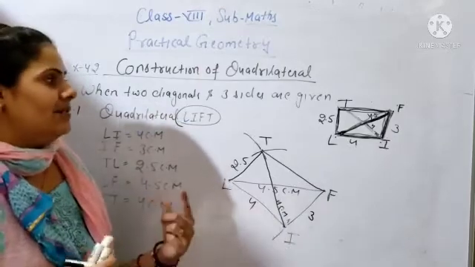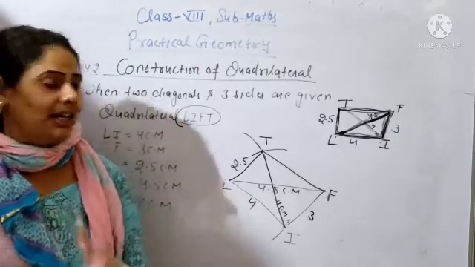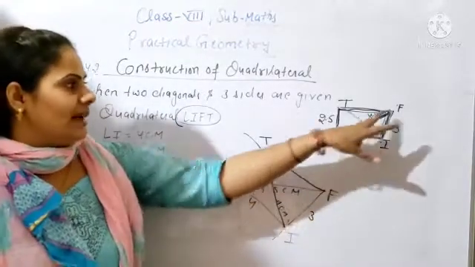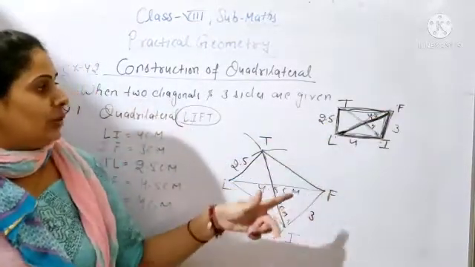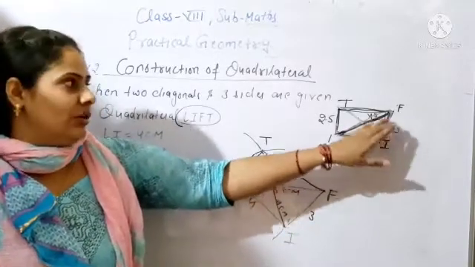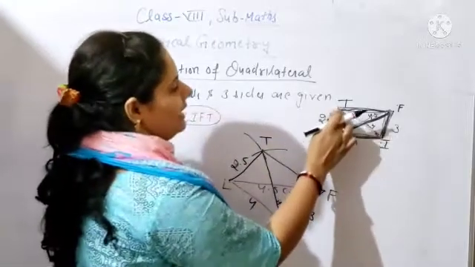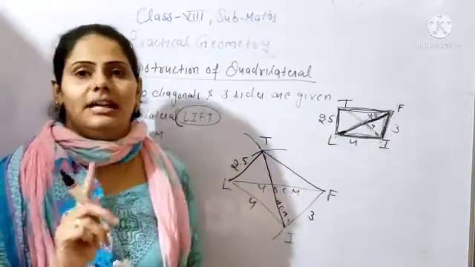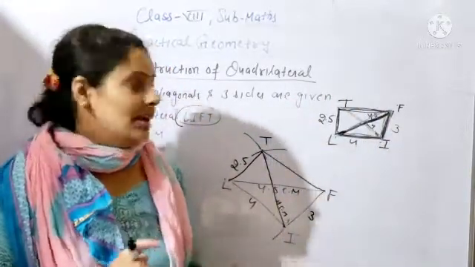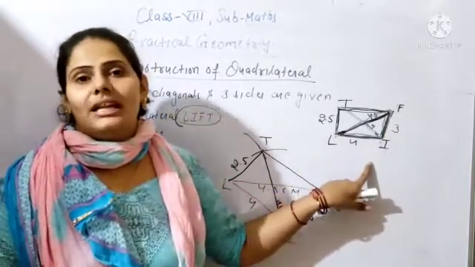So in the fair diagram, first of all, of both the diagonals you can take any one diagonal. So I am taking the LF diagonal. After that you have to check whether the triangle is completing downwards of LF or upwards. Upward, you can see only one side length is given, but the other line segment length is not given. So downwards you can check. In downwards both the lengths are given, so you can complete the triangle.